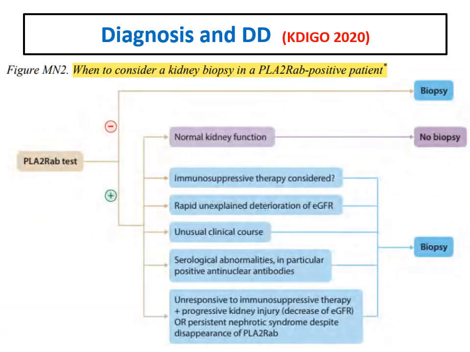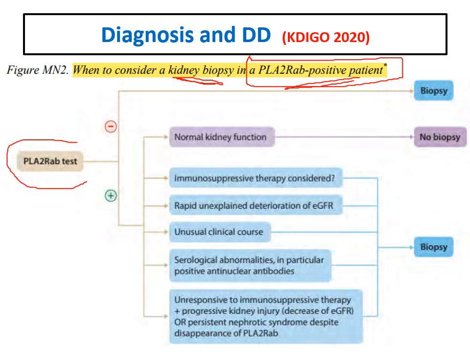Another issue: when to consider kidney biopsy in a patient positive for anti-phospholipase A2 receptor. If a patient is anti-PLA2R positive, meaning the patient has antibodies against PLA2R, when can we ask for a kidney biopsy? This is also a suggested algorithm. If the patient has a negative serology, we should ask for a biopsy, of course,